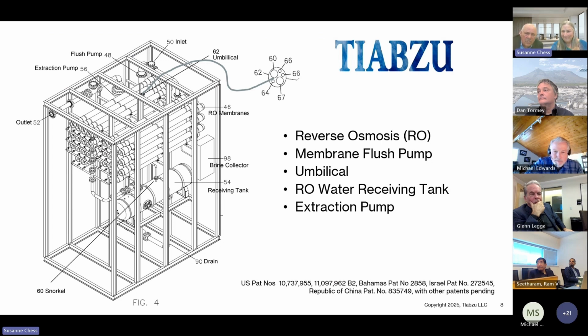We embarked on Tiabzu, desalination by reverse osmosis system within a submersible hull. Key components of the desalination module are its membrane system, RO water receiving tank, umbilical, membrane flush, and extraction pumps. The umbilical connects the system to a surface supply vessel, platform, or shore. The umbilical holds power, communication cables, and a snorkel connecting an RO water receiving tank to the surface. This maintains the tank's internal atmospheric pressure. The difference between it and the ambient seawater keeps water flowing through the RO membranes. A pump extracts purified water from the tank to the surface or shore, or with a switch of a valve